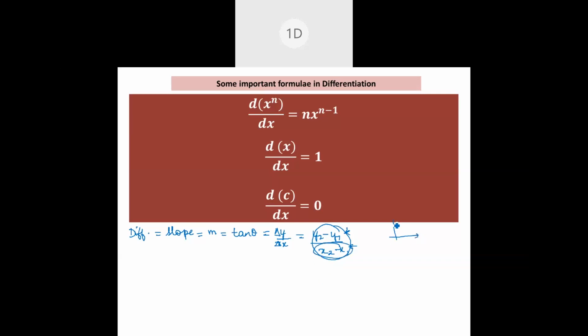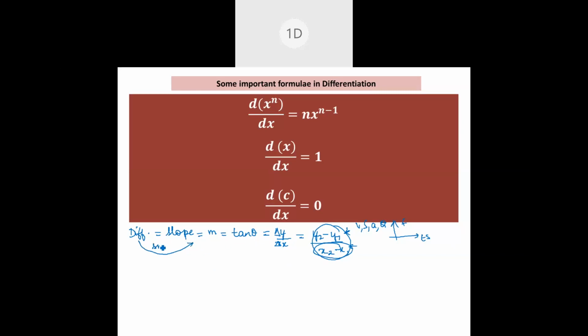See, any graph you take, say charge and time, how charge is changing with time, or acceleration and time, displacement and time, velocity and time, force and displacement. So many graphs are there, showing how each one varies based on the other. That is the dependent quantity and independent quantity. Slope is nothing but differentiation. That one thing you remember: differentiation means nothing but slope.